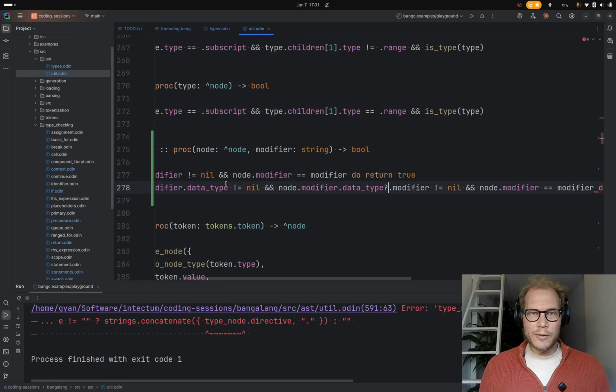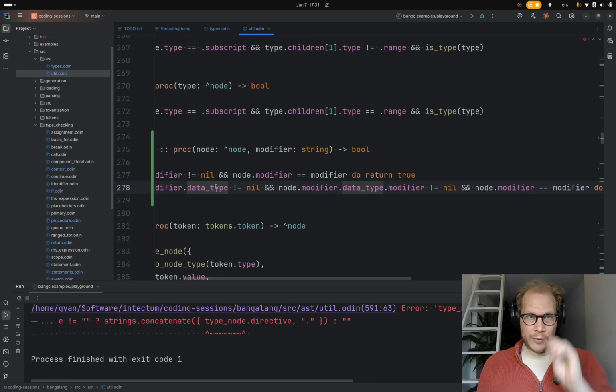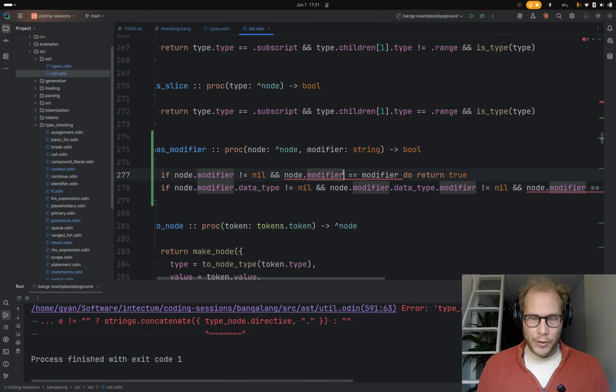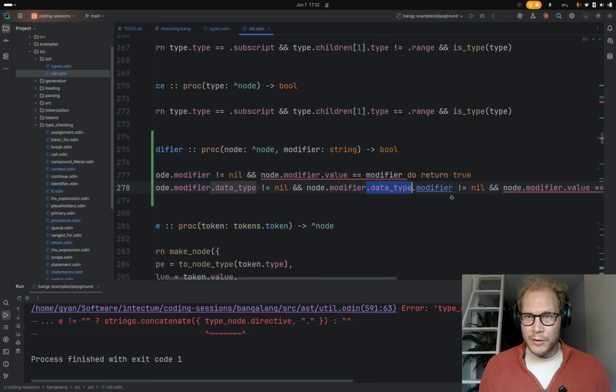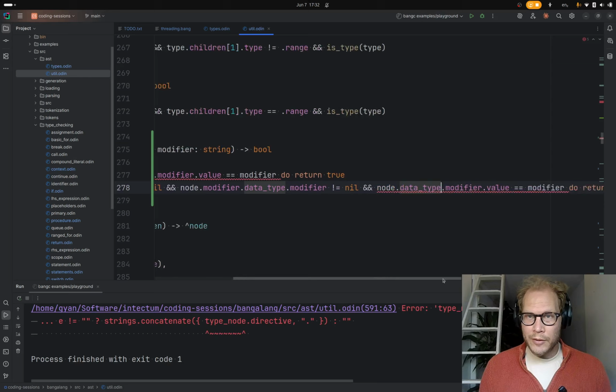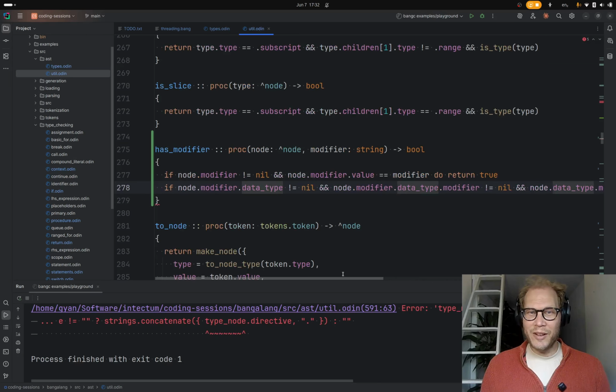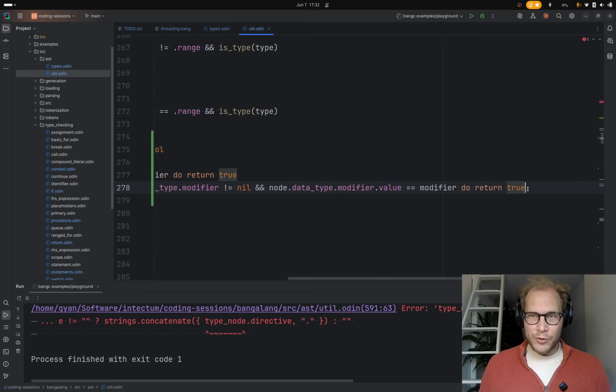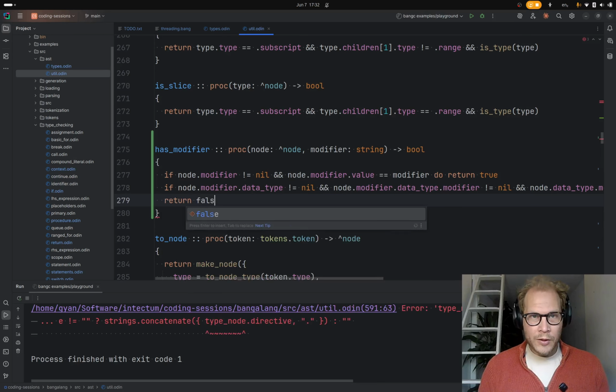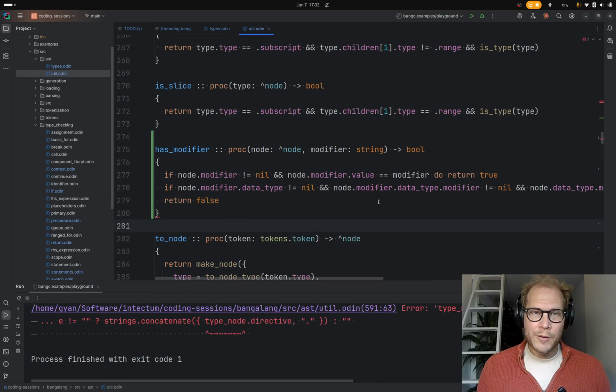Instead of having make sure this is not null, make sure this is not null, just have a question mark. So if the data type's not null, this is $value, and the data type modifier is not null, and the data type modifier value is the modifier, then return true, otherwise return false.